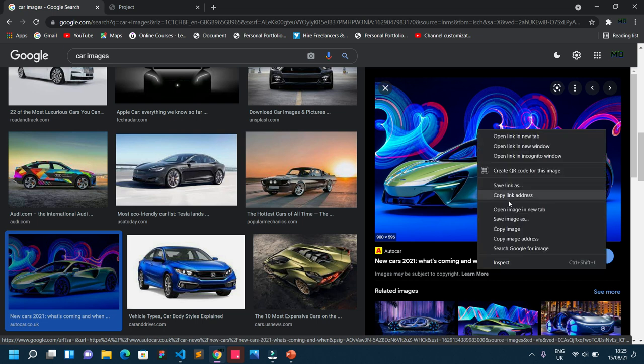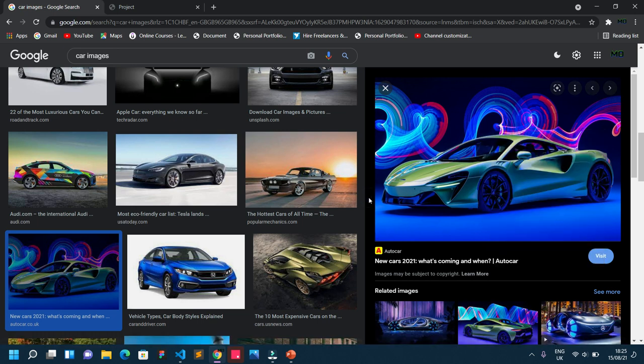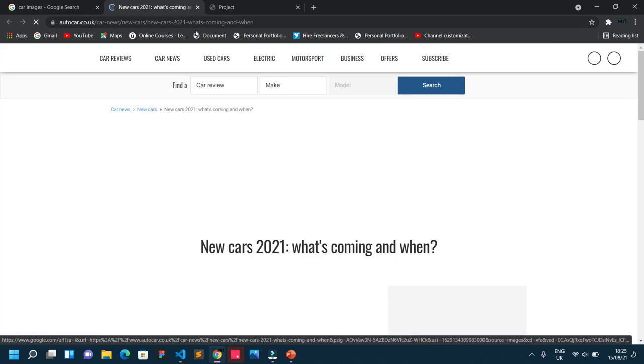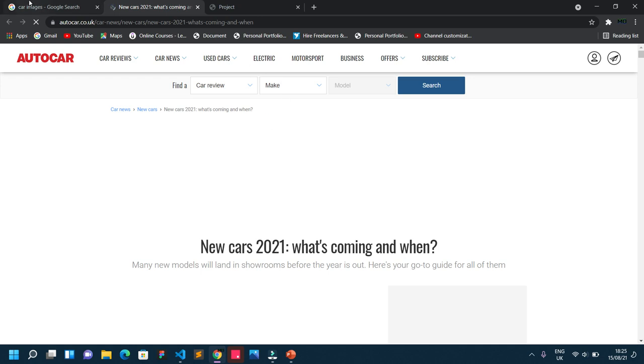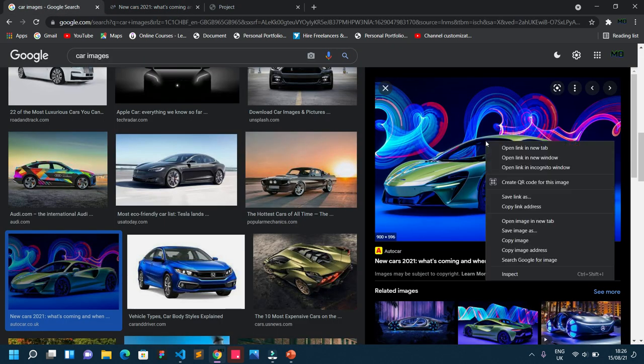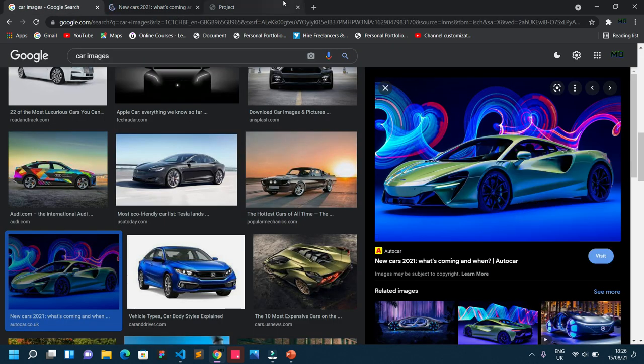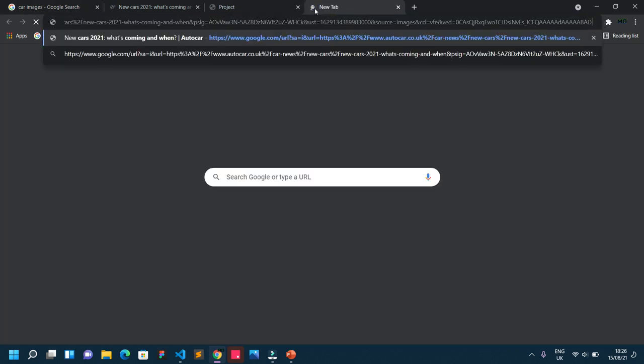Why not copy link address? Because the link is the website which is giving us this image. So let me show you what I mean. So if I click on that, it's gonna actually take you to the website. And that's the same thing if I click on it and click on copy link address, and if I come to a new tab and if I paste it,